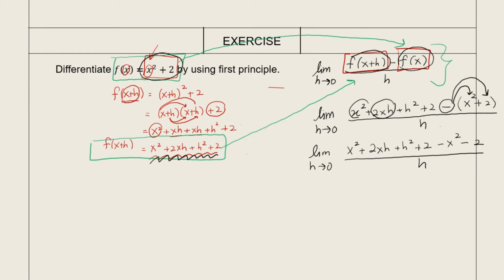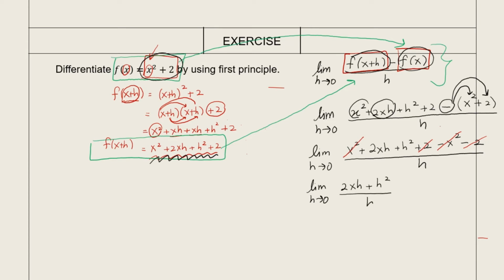What you can do here is x squared minus x squared finish, eliminated. 2 minus 2, 0, also eliminated. So what you have left in your equation is just limit of h approaching 0 of 2xh plus h squared